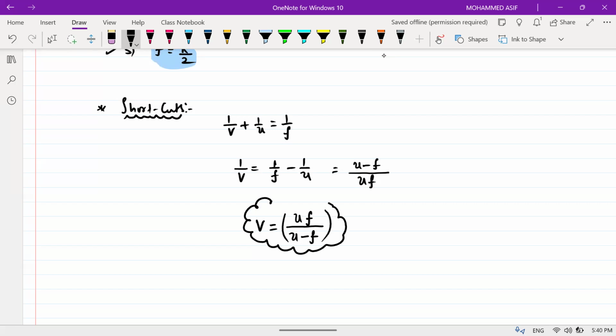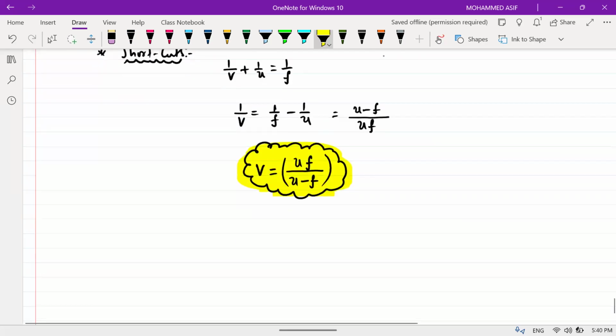If object distance is given, focal length is given, if it's asking the image distance, it can be calculated by the formula V is equals to U into F divided by U minus F. Okay. The same way, if I'm talking about magnification,